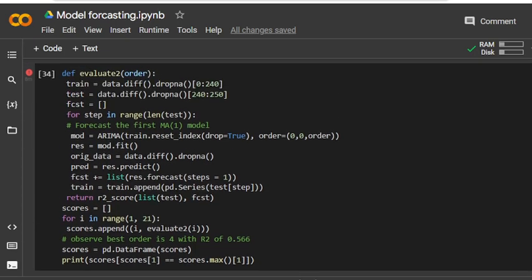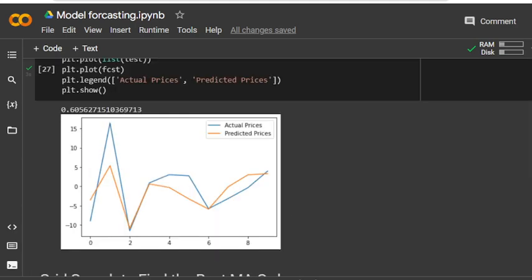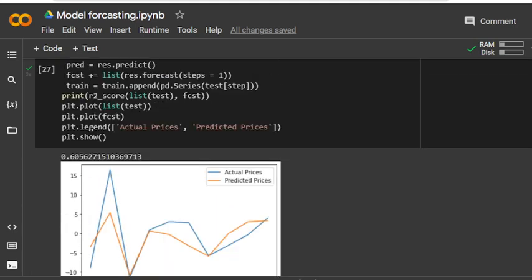It is possible, and you can use a GPU here. Okay, this is your forecast. I think it will be helpful for everyone. So this was the MA models forecasting. Thank you very much.